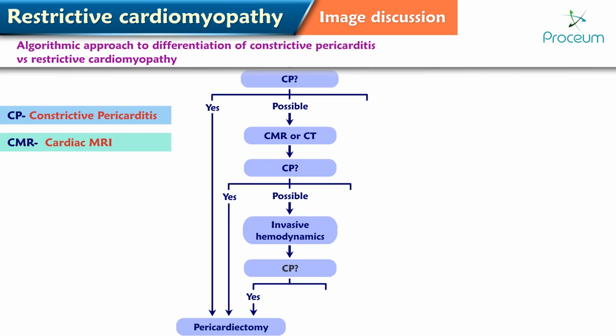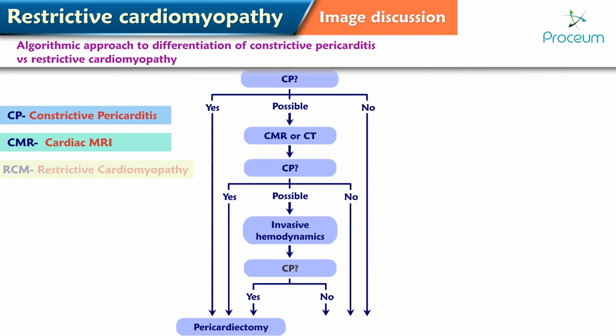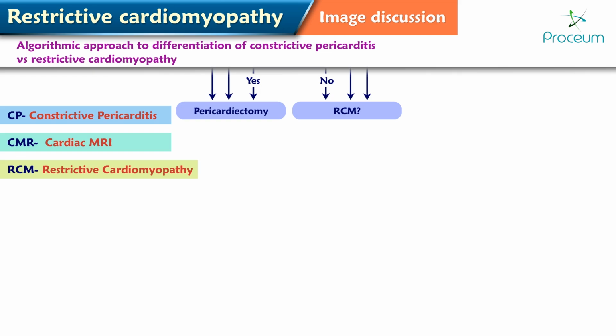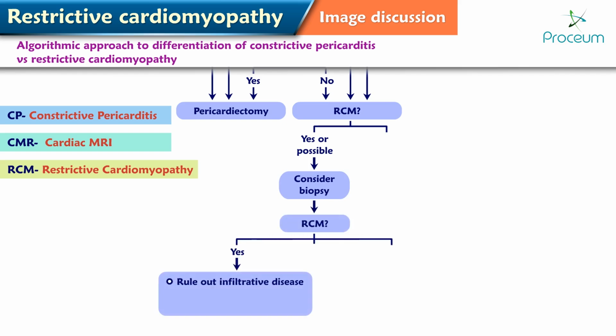In all these three pursuits, if a diagnosis of constrictive pericarditis cannot be made, then the suspicion should be for restrictive cardiomyopathy. If restrictive cardiomyopathy is ruled out, then evaluate for other etiologies. If the suspicion for restrictive cardiomyopathy is high, or if it's possible, then consider biopsy. And on biopsy, if it's proven to be restrictive cardiomyopathy, then rule out infiltrative diseases, consider transplantation, and bridge therapy